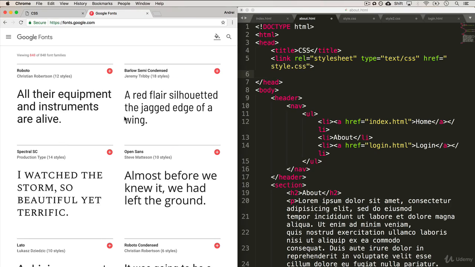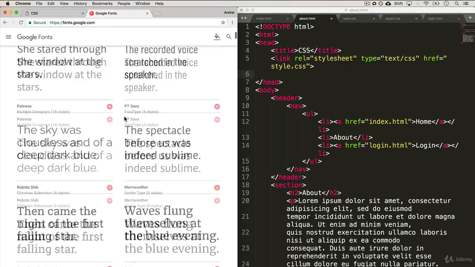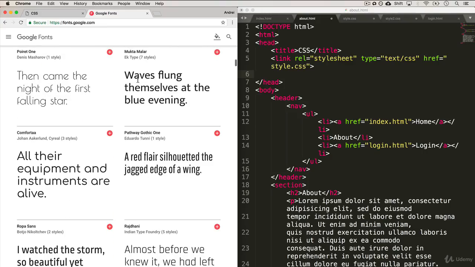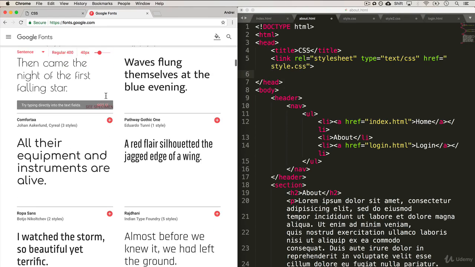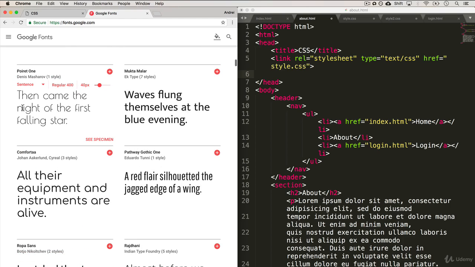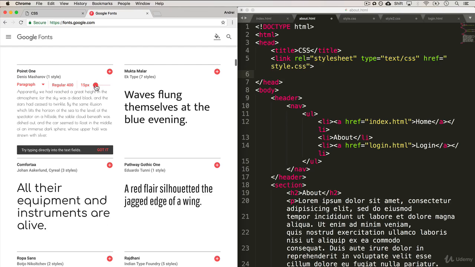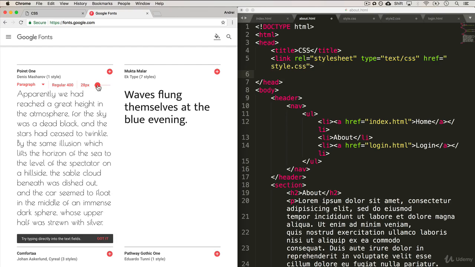Google Fonts actually has these free fonts that you can use, and there's a ton of them. Anything that you find here is more than enough. I've used this many times when building websites. It's a great resource. I really like this one. So let's pick this one, Poiret One. You can see over here that you can play around and see what it looks like. You can also see the size difference. And if you click the plus sign over here,